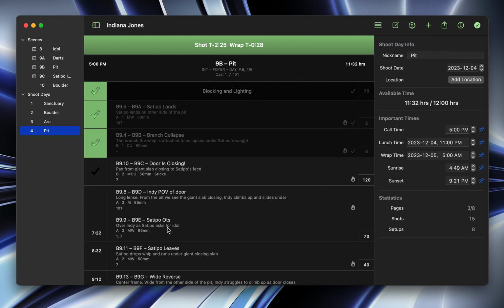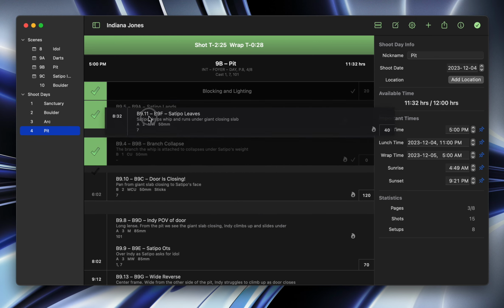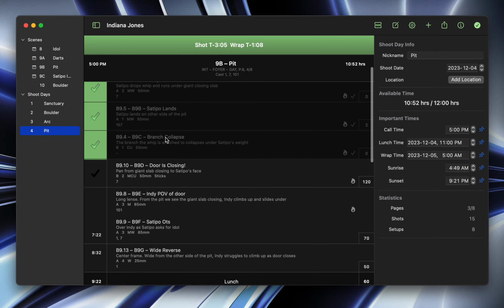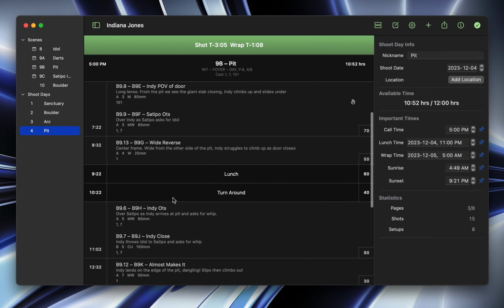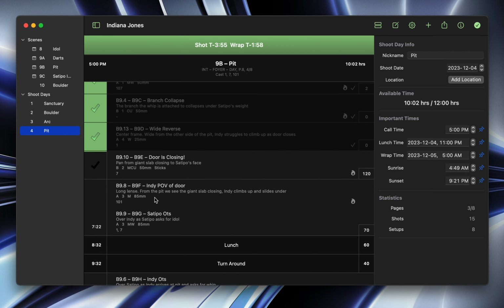You can also move things back up behind. So if I move this to the area where shots are already complete, it'll automatically mark that as complete, which is just a little quick way of doing that. Another way you can mark things as complete, you don't have to just click the shot that's next. You can also click a shot further down. Maybe you stole a shot real quick. You can click here, it'll reveal a check mark, click that, and it'll move that up to the completed area,